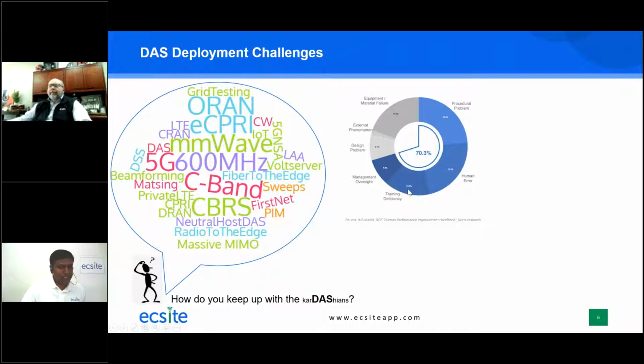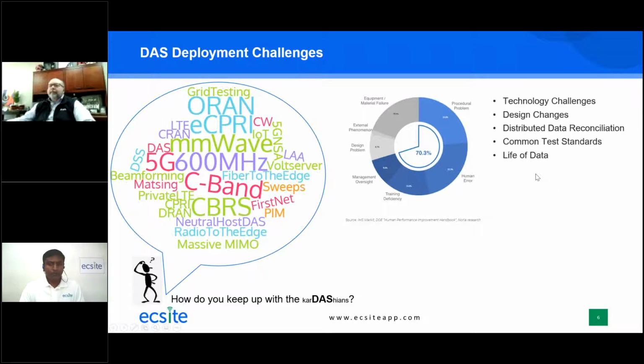We don't train our technicians enough. There's oversight on the management side. At least in that paper, they say that these are organizational deficiencies that we have, and we need to figure out a way to look at this as a big picture, a holistic picture, for us to be able to get better at whatever we're doing, right? So if I were to summarize the challenges,